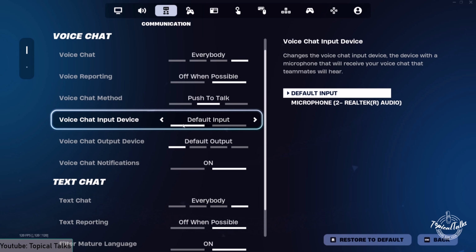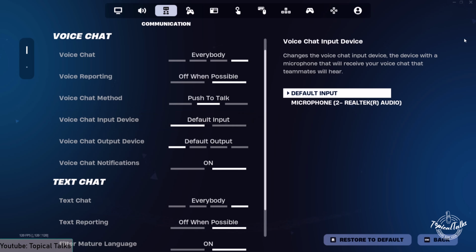Normally it will be set to default, which is completely fine, and it will pick up the mic you are currently using. But for some reason, if it's not picking up your voice correctly, all you need to do is switch it to the appropriate mic. In order to check out what mic your PC is currently using for you,